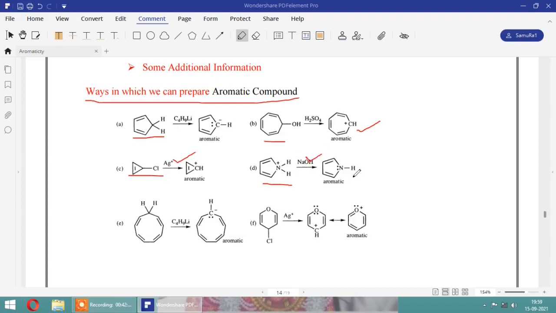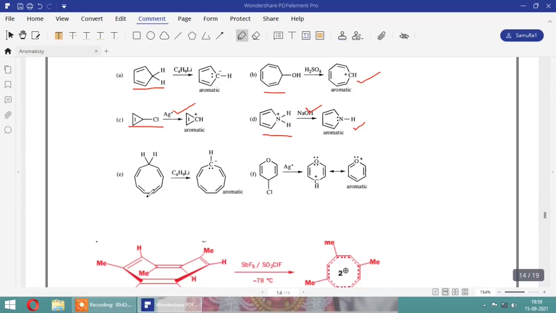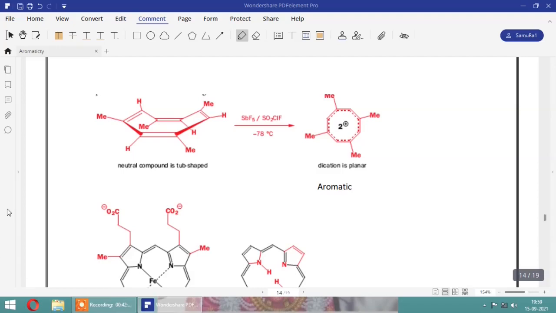Similarly, this compound becomes aromatic. So this compound gives an aromatic compound. These are the ways to prepare aromatic compounds. Now, the neutral compound is tub shaped. SbF5, this is an important question asked, and